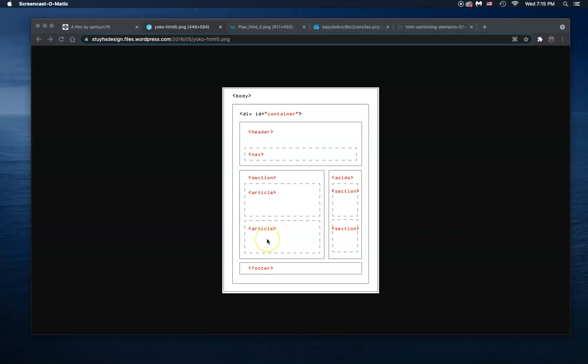Hey everybody, welcome back. We're here to talk about semantic page layout. So in the previous video, you were introduced to some of these new tags. The new tags might be header, nav, section, article, aside, and footer. Okay, so what we're going to do today is talk about how we put these together,